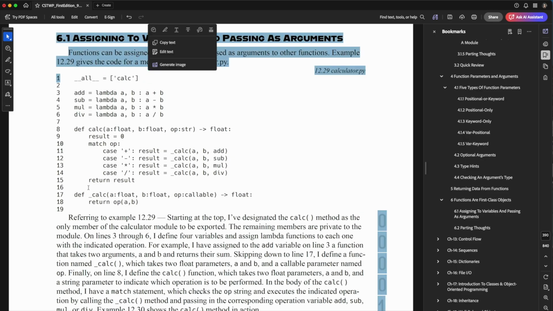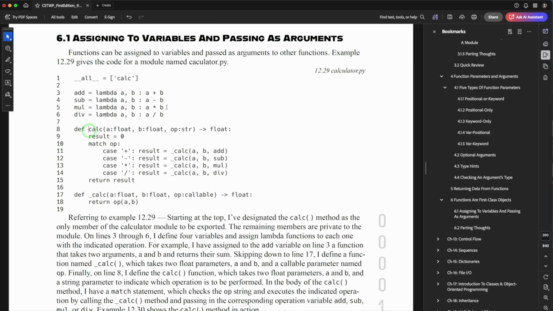The non-underscore version. And so the calc function takes three arguments. It takes a float, another float, A B, and then op, which is a string, and returns a float. So we start off up here by saying, okay, we're going to export the calc function, and we